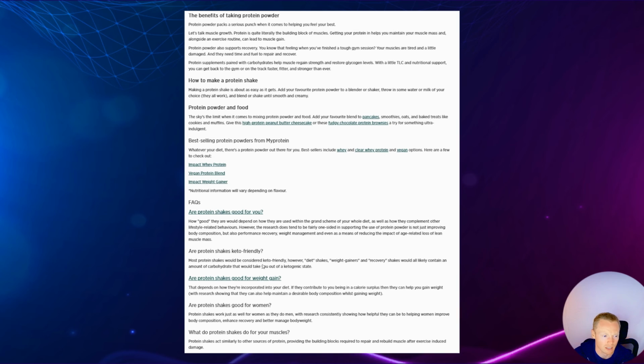I've got an example here. It is actually quite a long one. I think I searched for protein powder. Myprotein.com ranked really well, so you can see how they've templated this. They've got key entities in there like benefits, shakes, food. They've linked to some of their popular products. They've got FAQs where they link across their guide pages here. Got some other entities in there like women and muscles, keto. So again, good opportunity to get those related entities in there without going too over the top